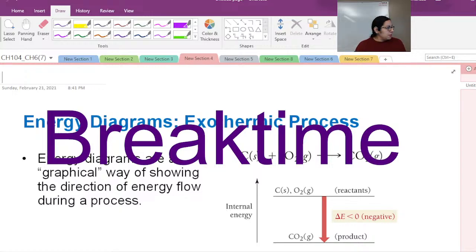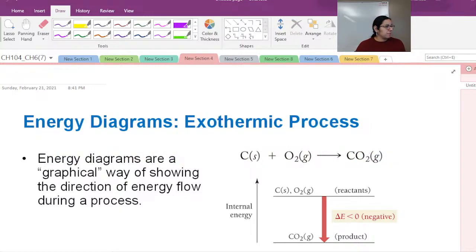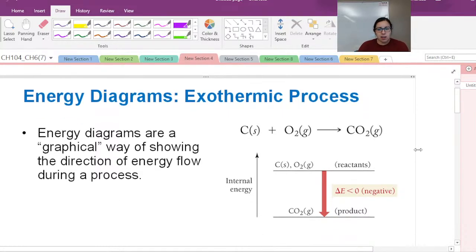All right, did we all make it back? All right, so we'll keep looking at this. And so now we have these energy diagrams. This is just a visual way of showing you what's happening as we go from reactants to products. In this case, we're looking at, again, this combustion reaction, just combining carbon plus oxygen